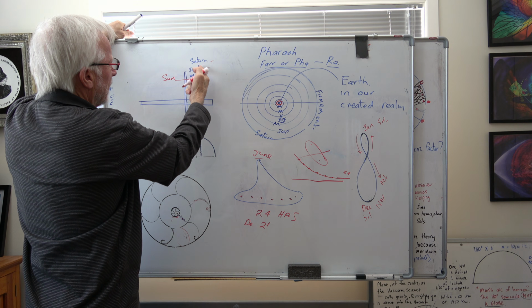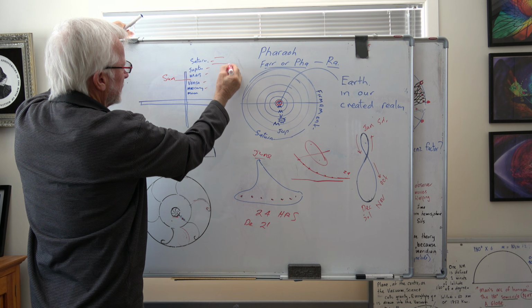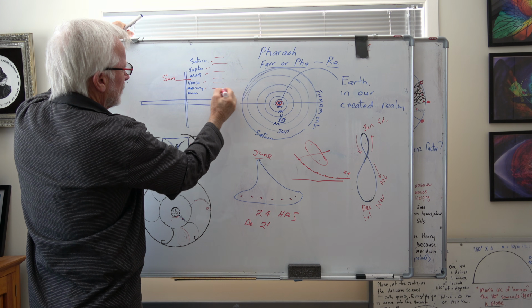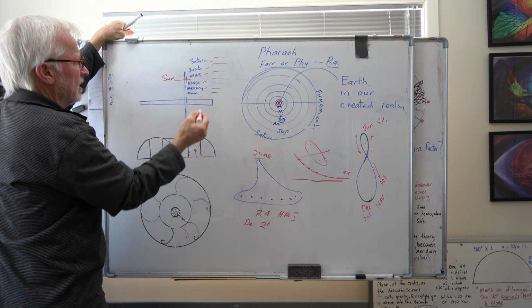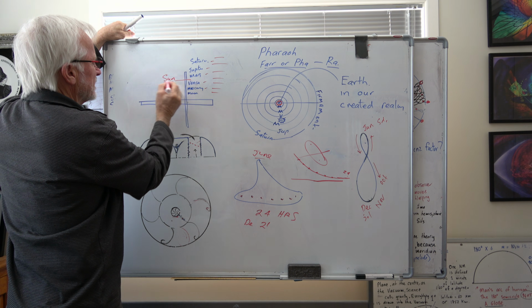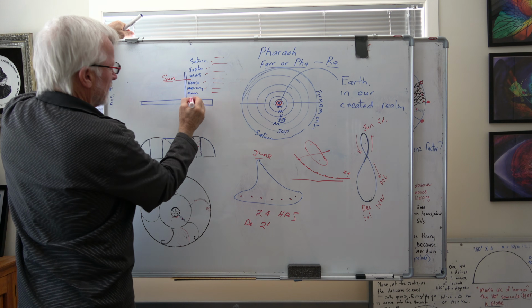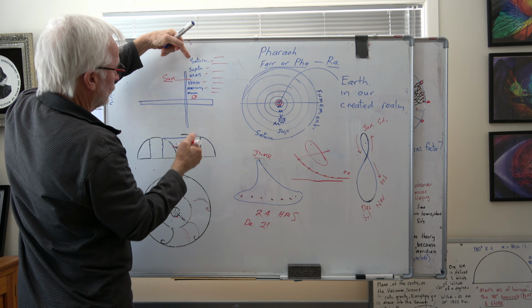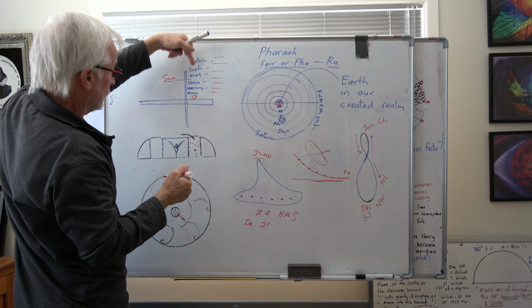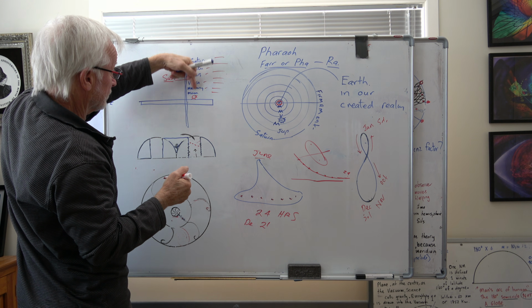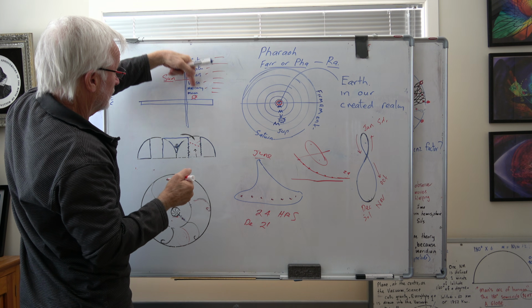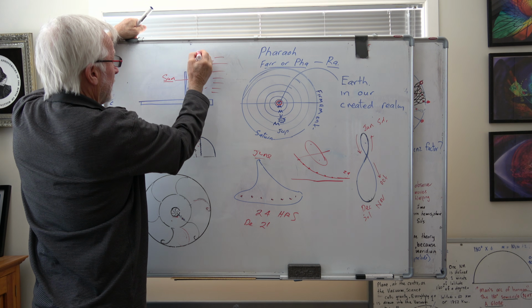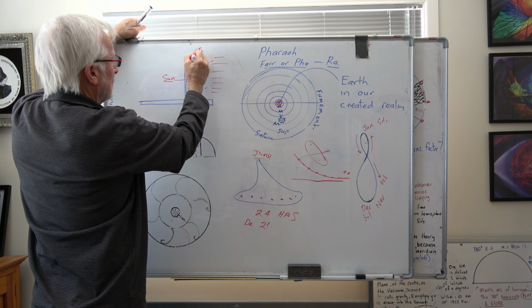So all these are like light bands of the light spectrum, you could say, and they all make up the sun. So whether you think you see the sun down here, you're seeing it through all these refracted light bands,